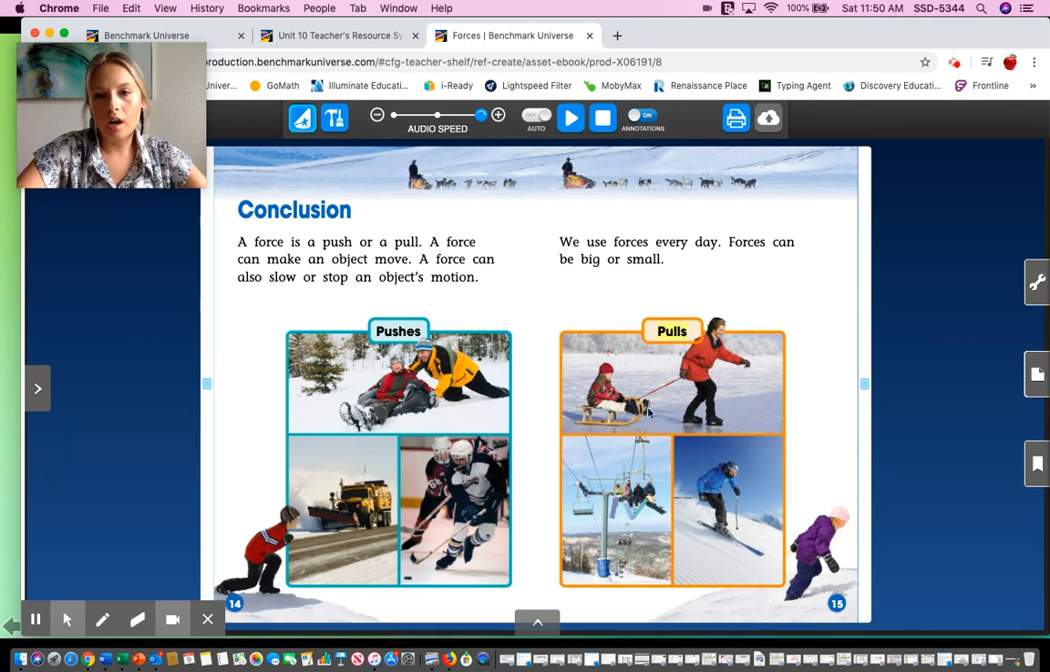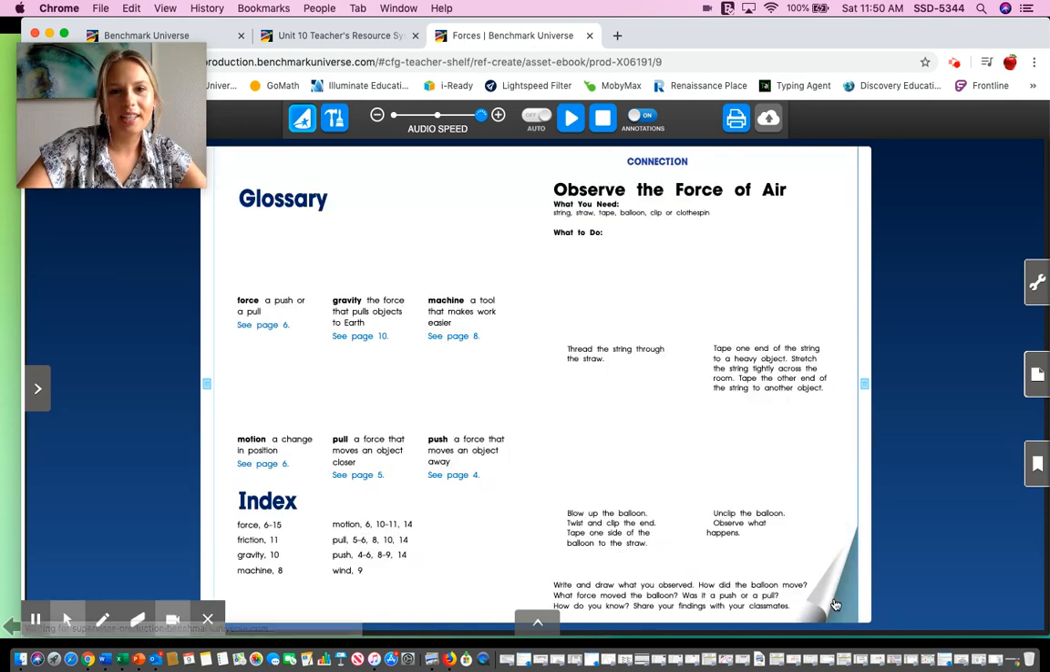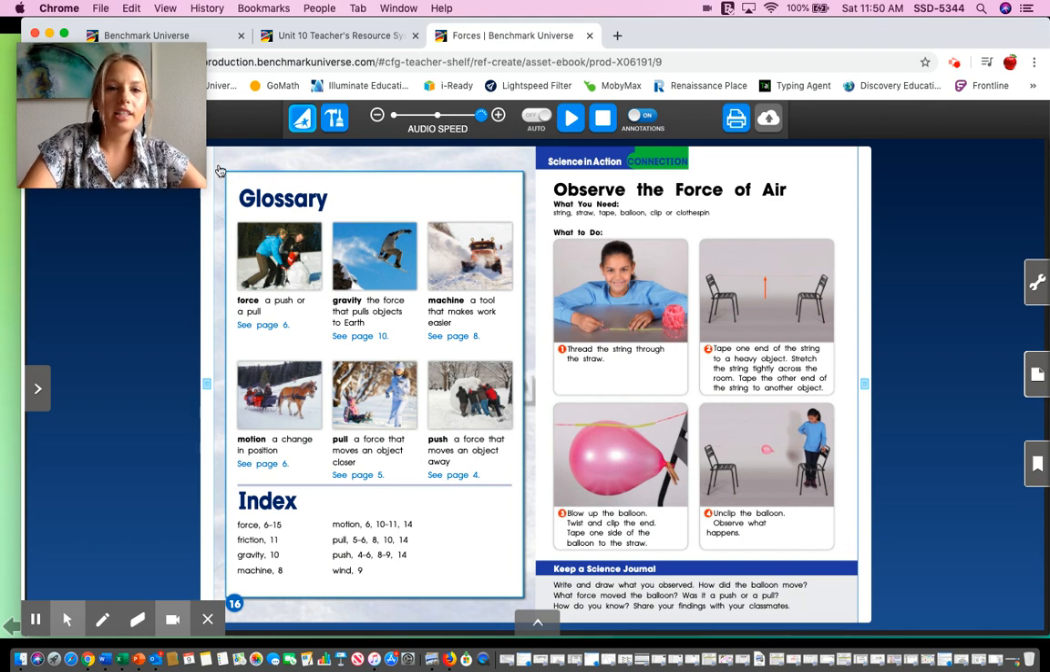On this side, I see pulls. I see the mom pulling her son on the sled. I see the ski lift, which is pulling the people up the mountain. And I also see gravity pulling the skier down the hill. And this girl's actually pulling this box. Do you see the rope? That is funny. Okay, the very last page is the glossary, which tells you the vocabulary words